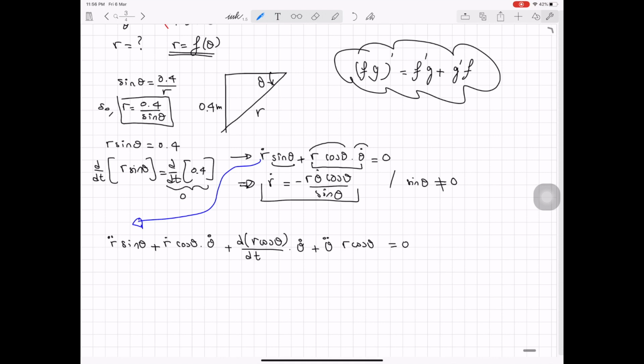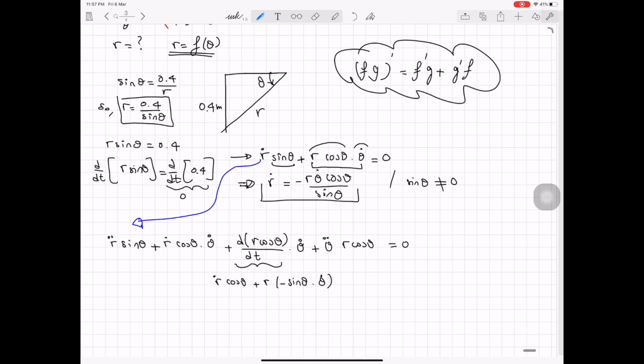Now let's take only this piece. So we have the derivative of R cosine theta with respect to time. So this gives me what? We have the product of two functions and we are differentiating them with respect to time. So what we get is R dot cosine theta plus R times the derivative of cosine theta with respect to time. So it will be minus sine theta